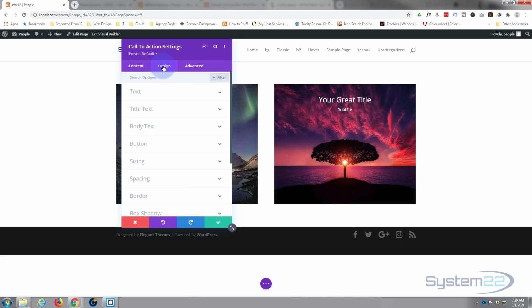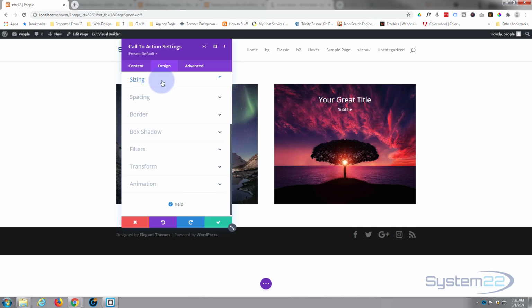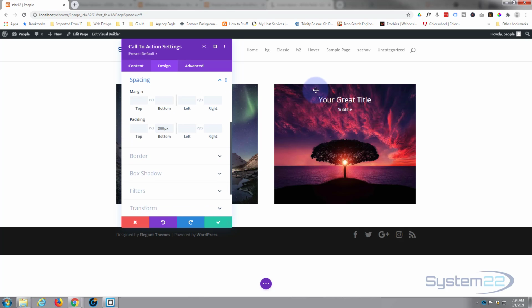What we're going to do is go back down to our sizing, design tab and sizing. We're going to scoot this all the way over to the left, or you can scoot it right, top or bottom, it's entirely up to you, but I'm going to scoot mine to the left. I don't want to be in sizing, I want to be in spacing. Okay, and to do this we've got to scoot this over to the left. You can scoot it up, down, left, right, but I'm going to actually scoot it over to the left. So what we want to do, go up to margin, hit the little arrow, and regular state when the mouse